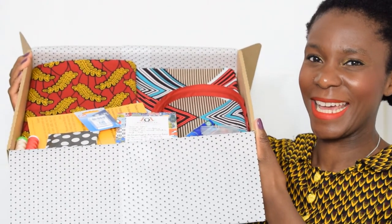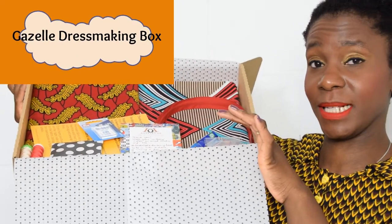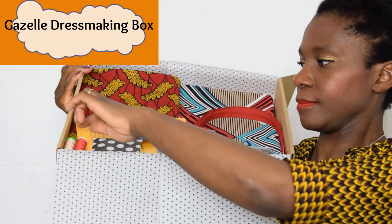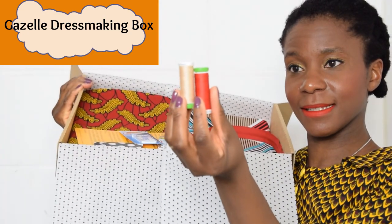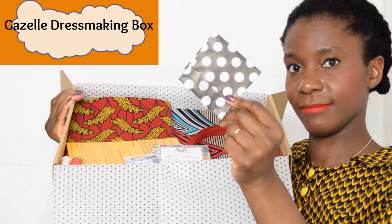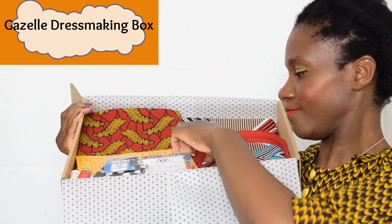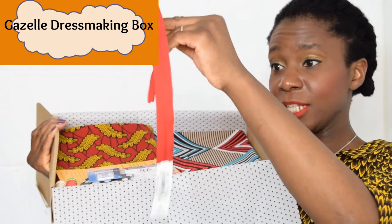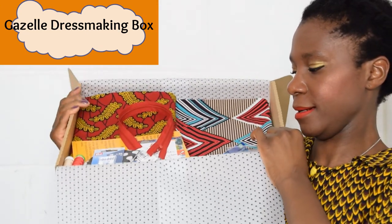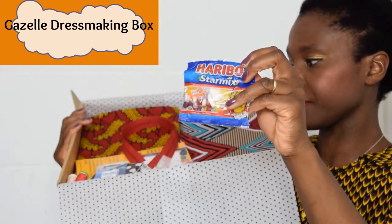The second box to show you is the Gazelle dressmaking box. In this box will be included a 3-yard piece of fabric, a 1-yard piece of fabric, 2 matching threads, some chalk, machine needles, an 18-inch zip to match with your fabric, some buttons, a sweet treat,